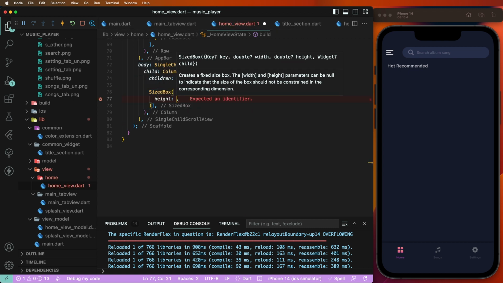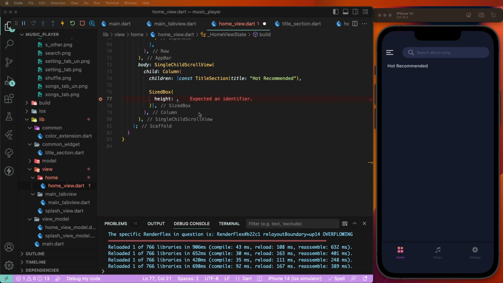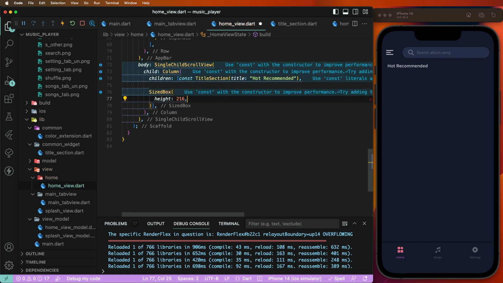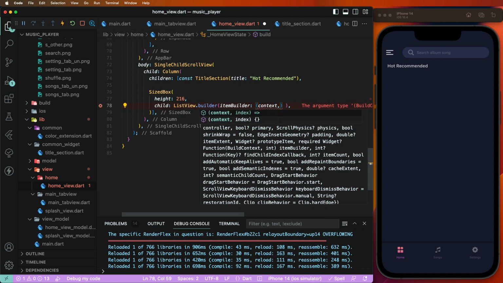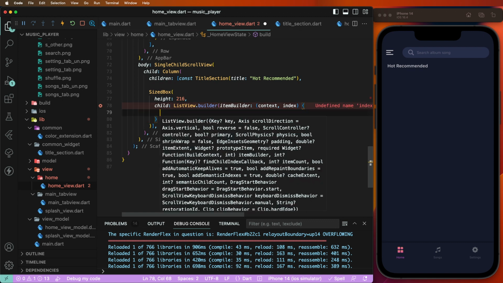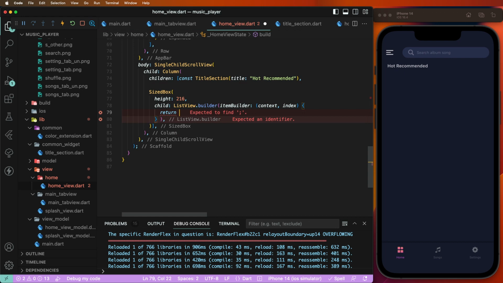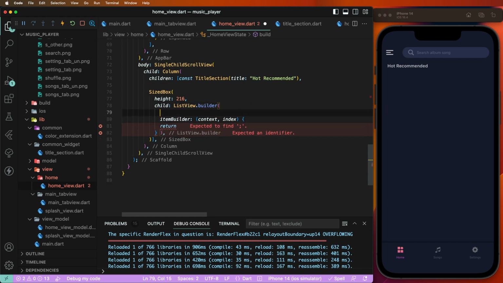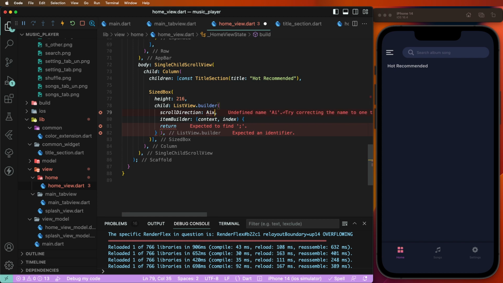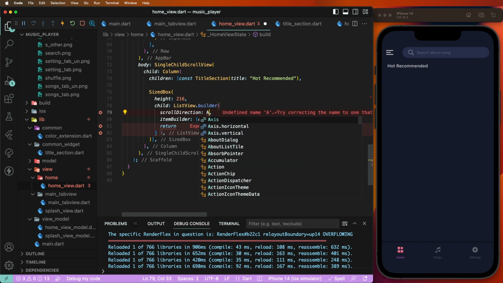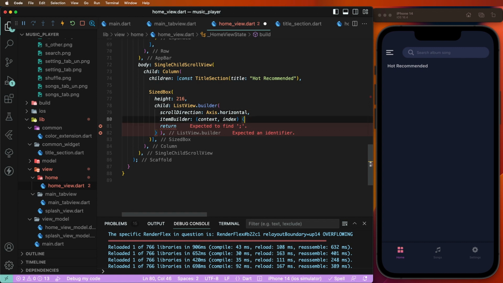We need to check here and here runs, write down here the list view builders, and to context slash text, write down here returns, and first of all give here the scroll axis, scroll direction, to give it the axis, horizontal need to give here, and now need to give here the item count,